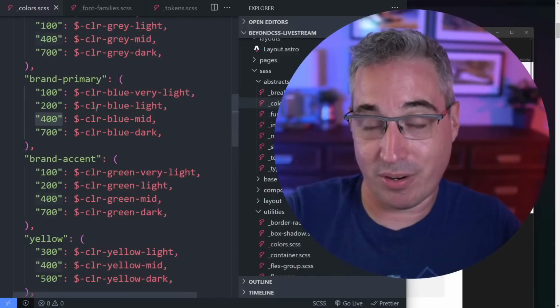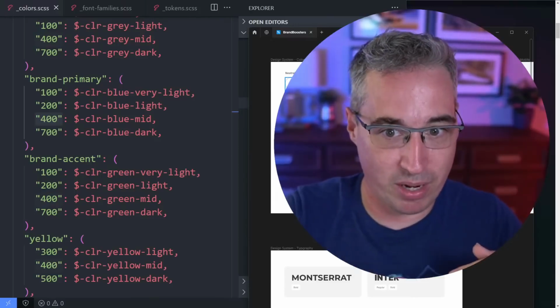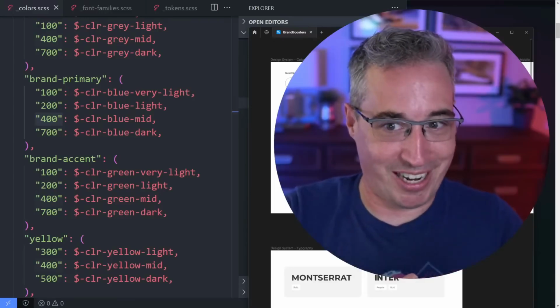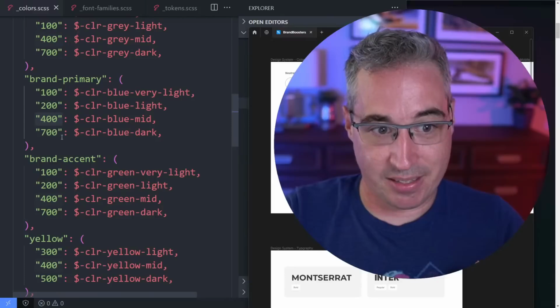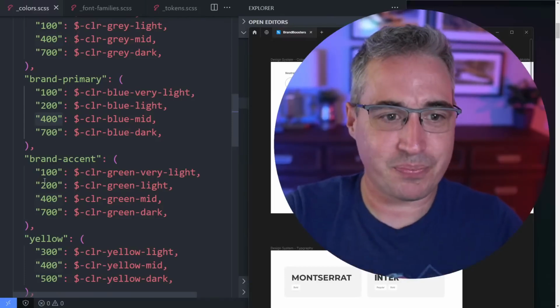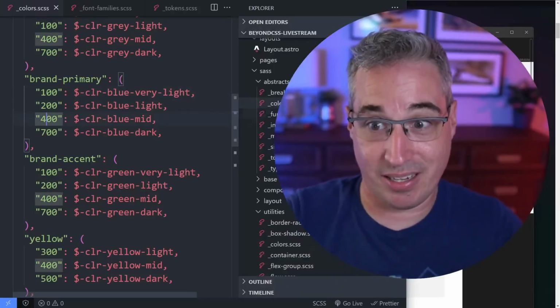My primary 400 is this one here. It's sort of this middle ground. My gray neutral is a 400. They don't really work well if you have white or dark text on them in general, because it's really middle of the road. The darker it gets, the higher the number, and the lighter it gets, the lower the number. And the reason I use 100, 200, 400,